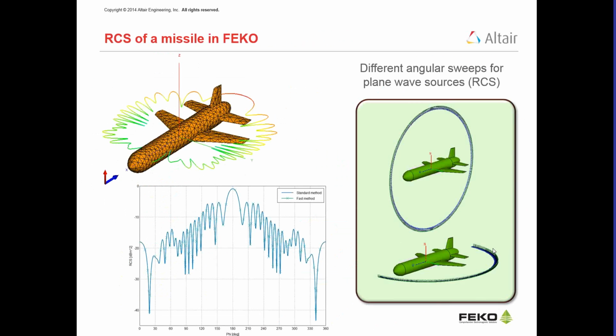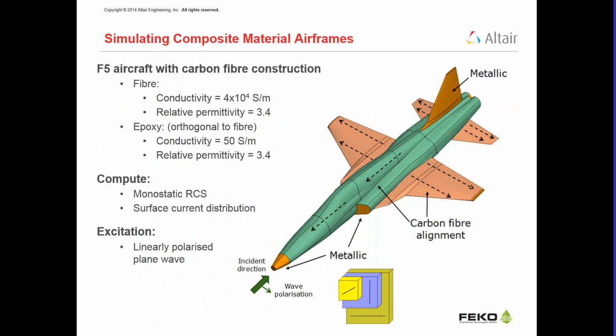Nowadays, all the aircraft are becoming composite. Aircraft skins are being made with composite materials, which is very critical to account for when doing the analysis. You can't assume that they're all conducting and do a perfectly conducting structure for analysis. So FEKO offers a methodology where, as you can see at the bottom of the slide here, you can actually put the orientation of the fibers in the composite structure that can be accounted for during the